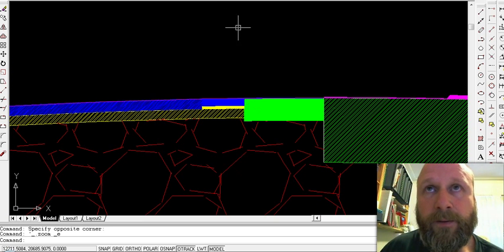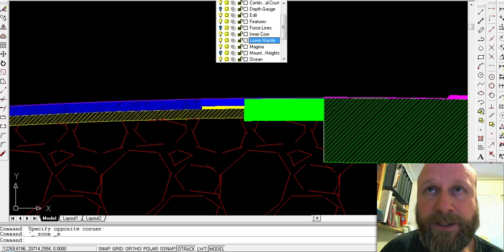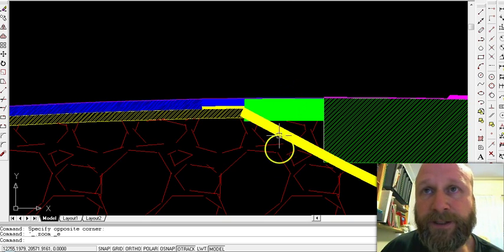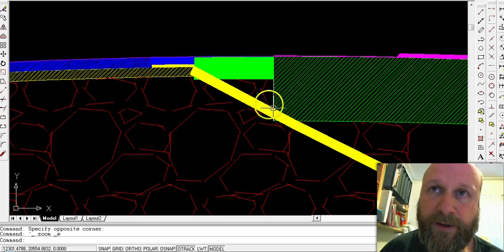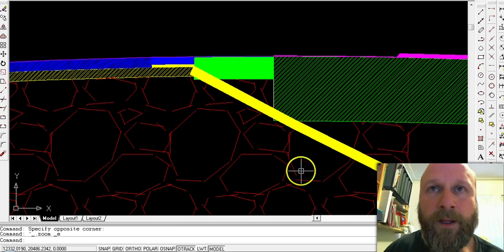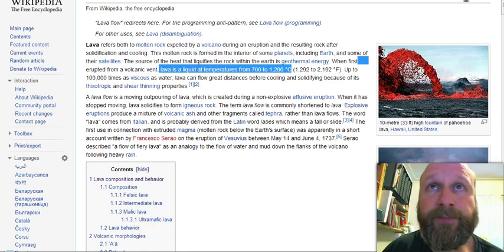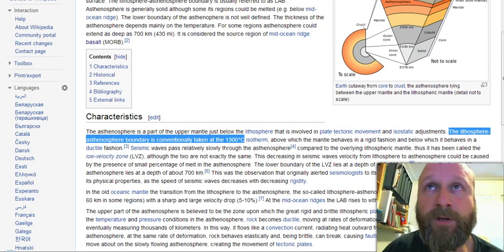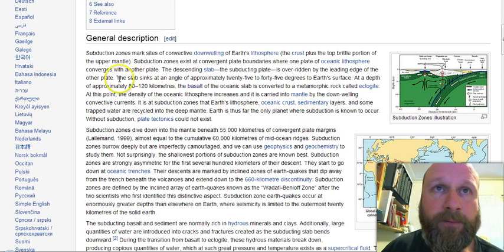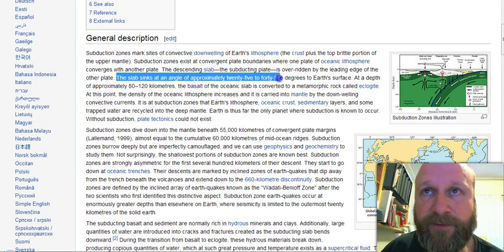Alright, so what people who believe in subduction have to believe is, we'll just turn on the subduction layer. This is at 25 degrees. We'll just go to the Wikipedia entry on subduction, and we've got the slab sinks at an angle of approximately 25 to 45 degrees to the Earth's surface.